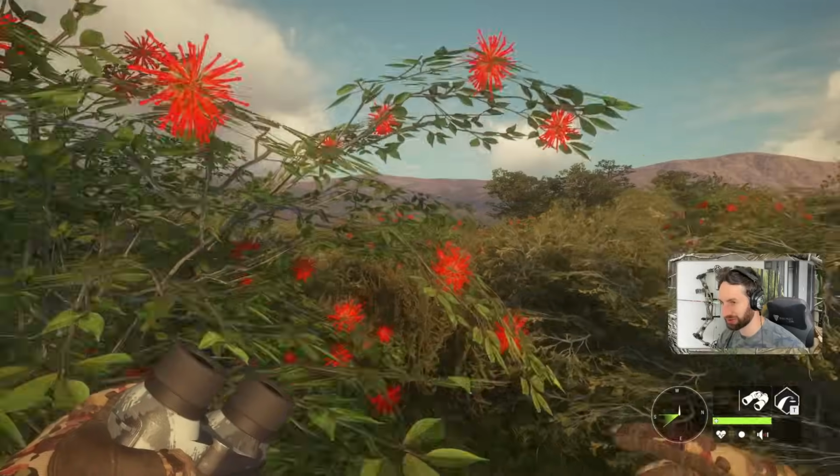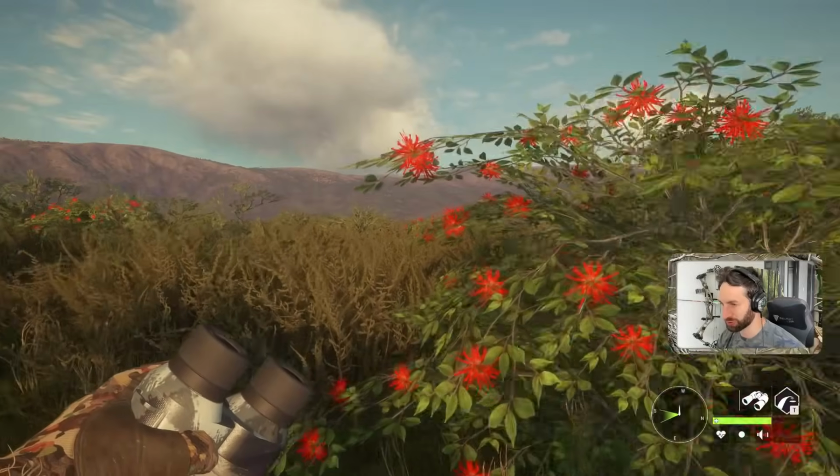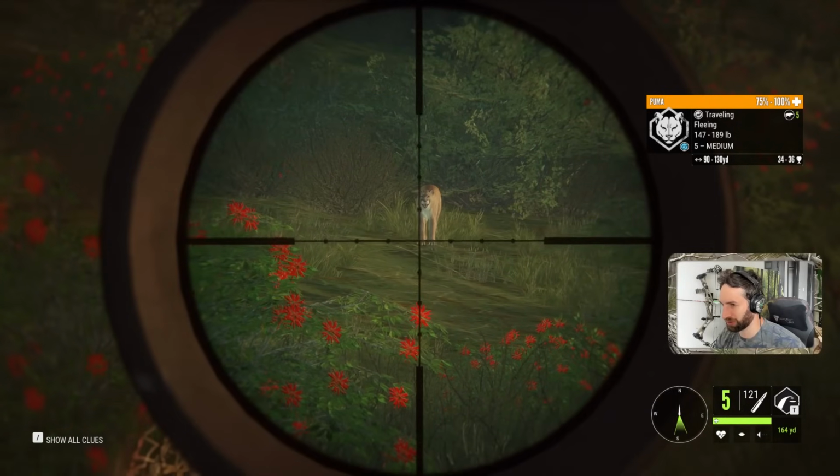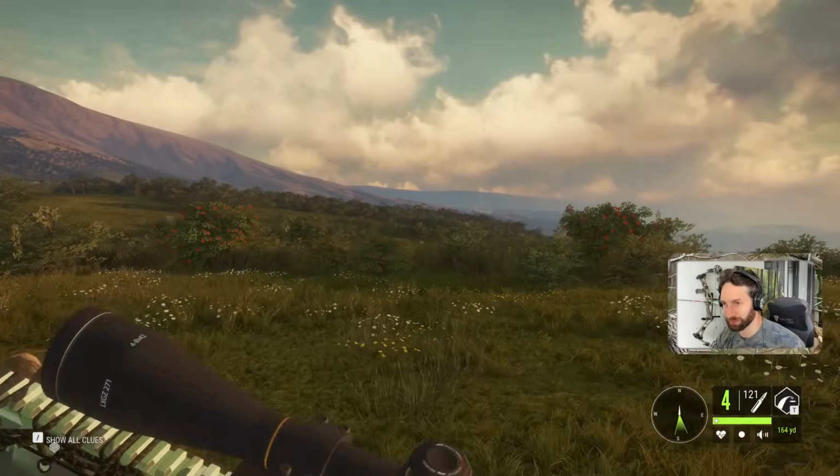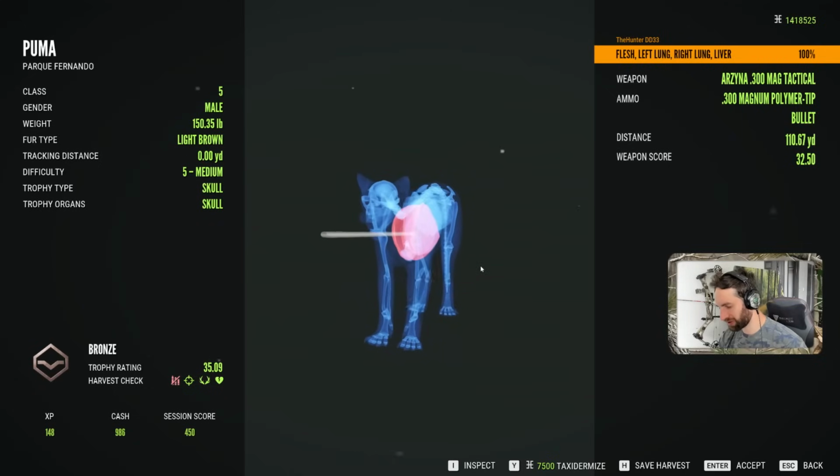But let's get down here and see if we can't get eyes on this puma. Well, we found one of the mountain lions. And we dropped him. And it's gonna be a double lung liver intestine shot,